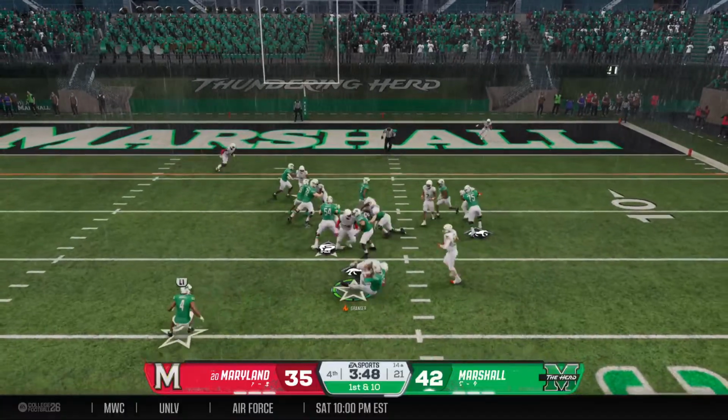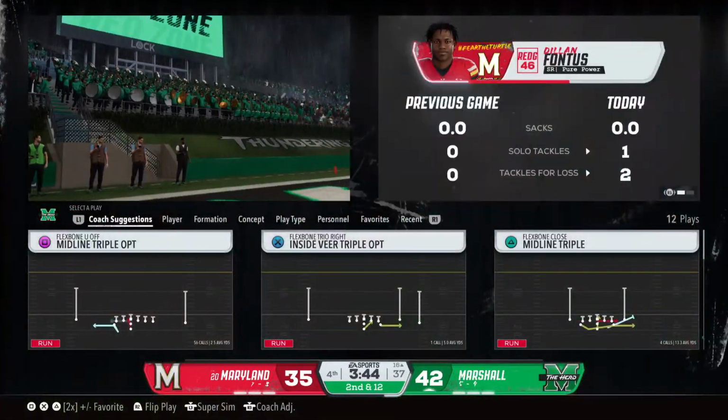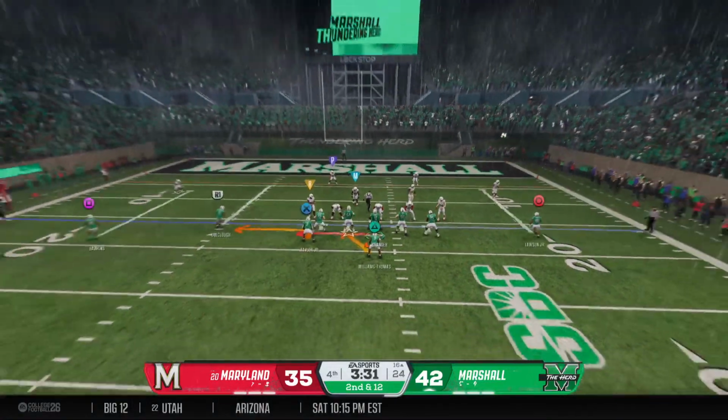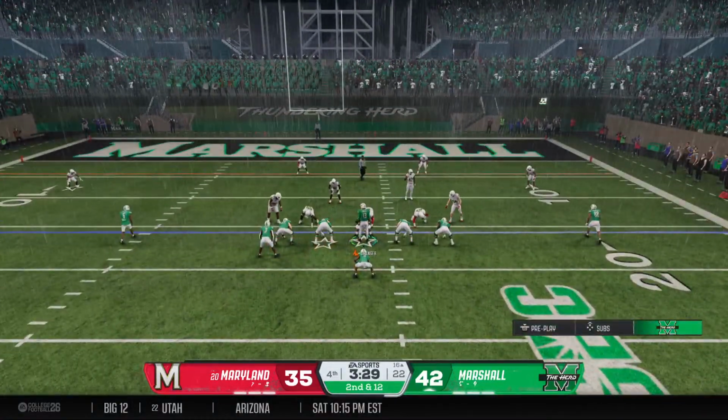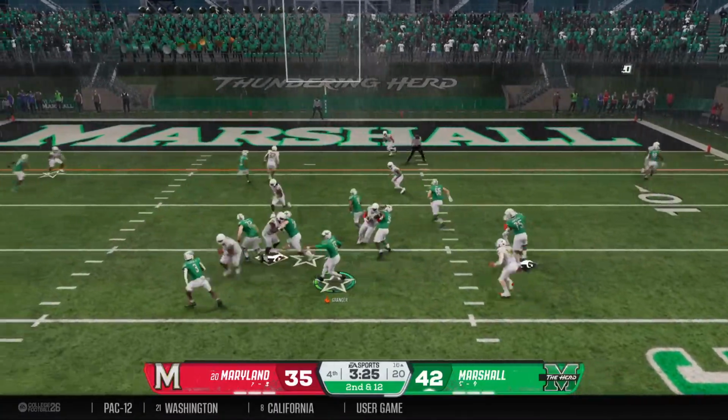They'll run the option. He's going to lose a yard on that one. Phenomenal job by the defense that time, shutting down the option play. They knew they were going to see this in this game, and all week long in practice, they really focused on this assignment football, making sure...